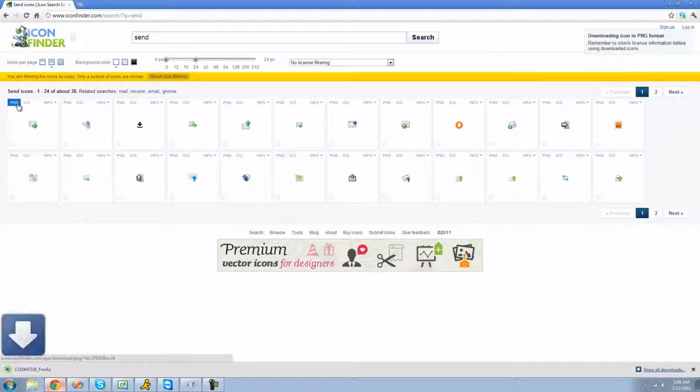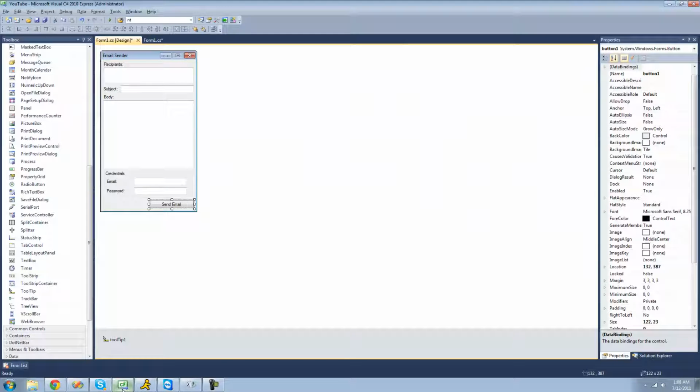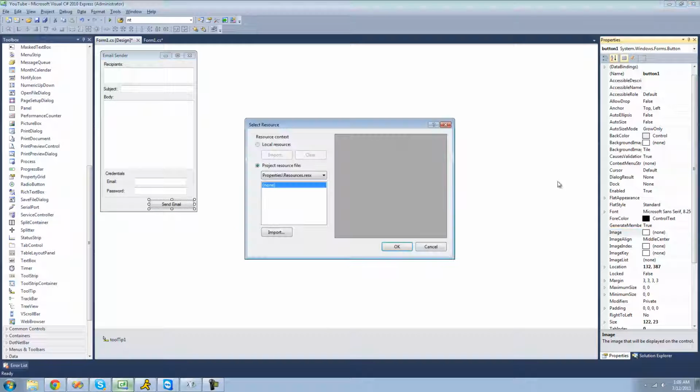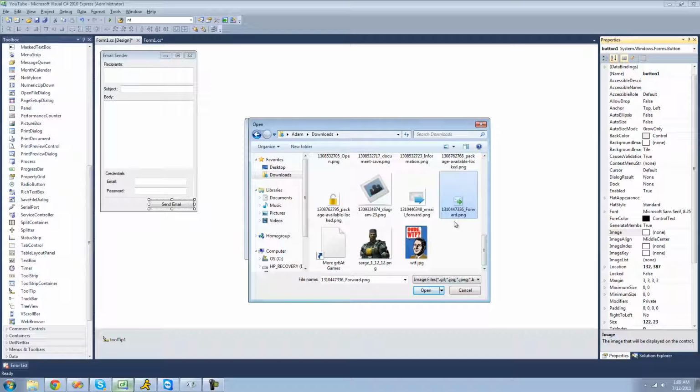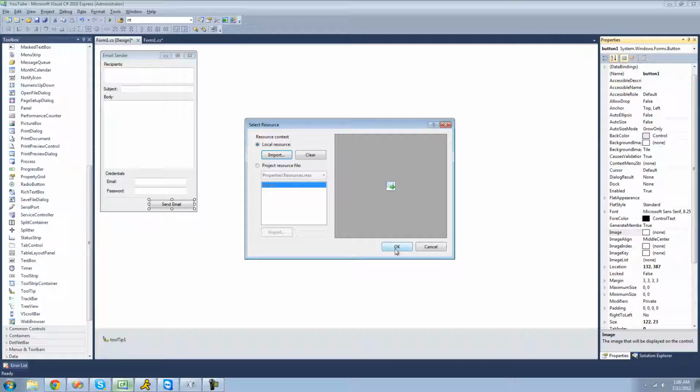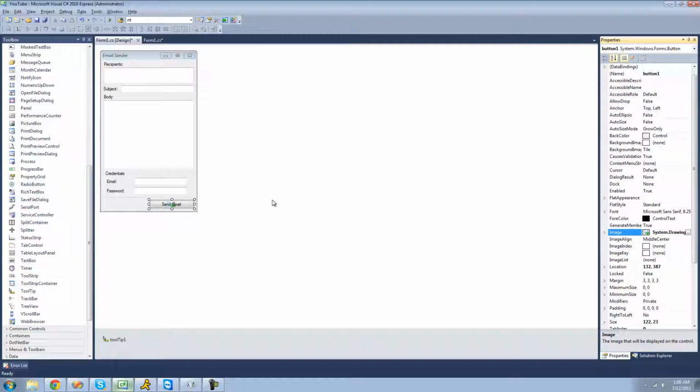So download it in PNG format, because that's what you're going to need to have it on your button. Then go back to C#, have your button highlighted or selected, and then go over to the Properties panel, and under Image, just browse for the image you just downloaded. Make sure you click Local Resource, and then select Import, and then you can browse for the image you just downloaded. Just select the Send image that we just downloaded, and as you can see right now it looks fine,